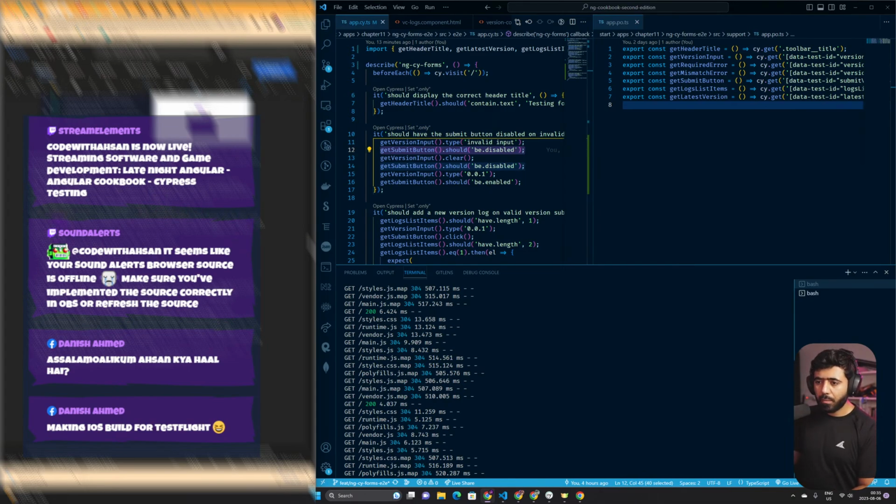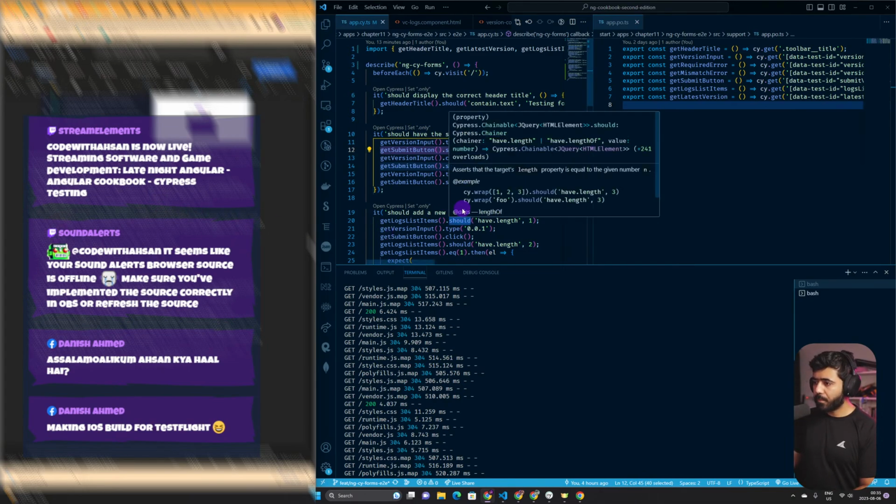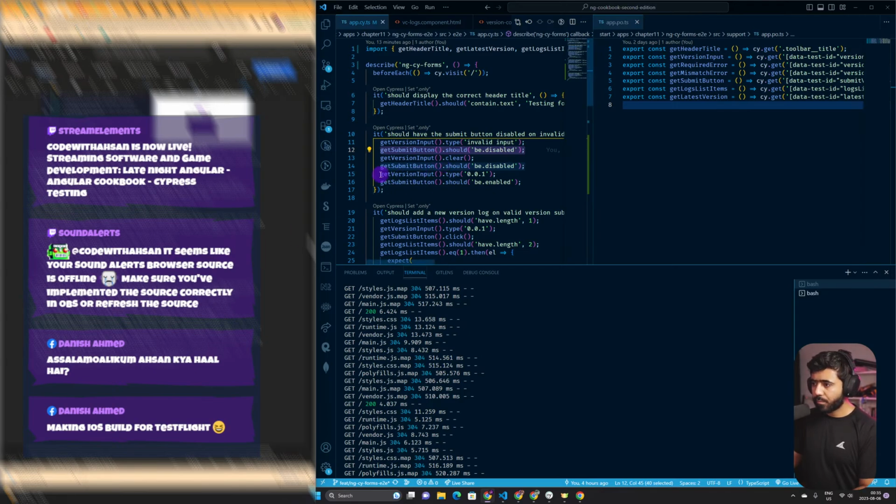Okay. Then we use the type method on the get version input or